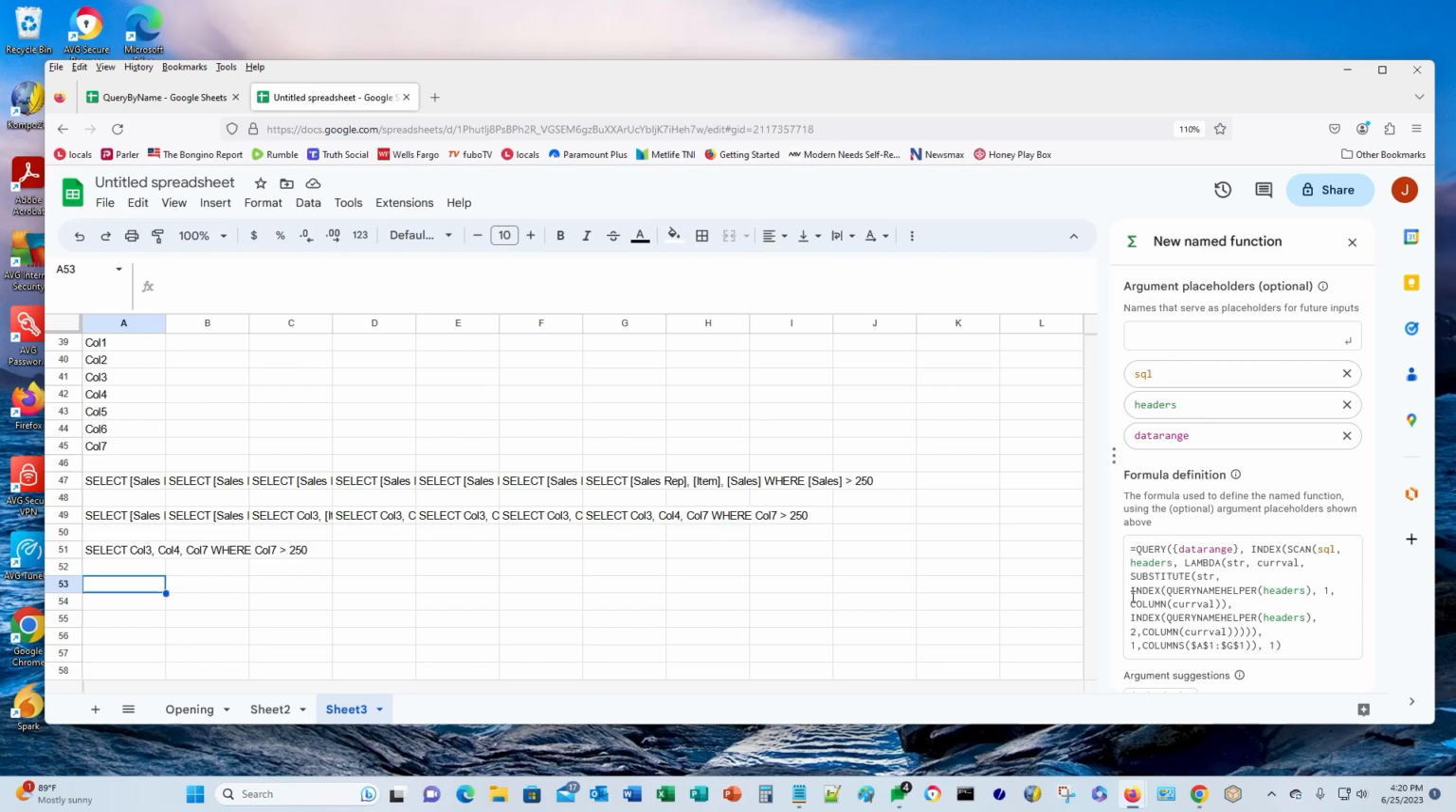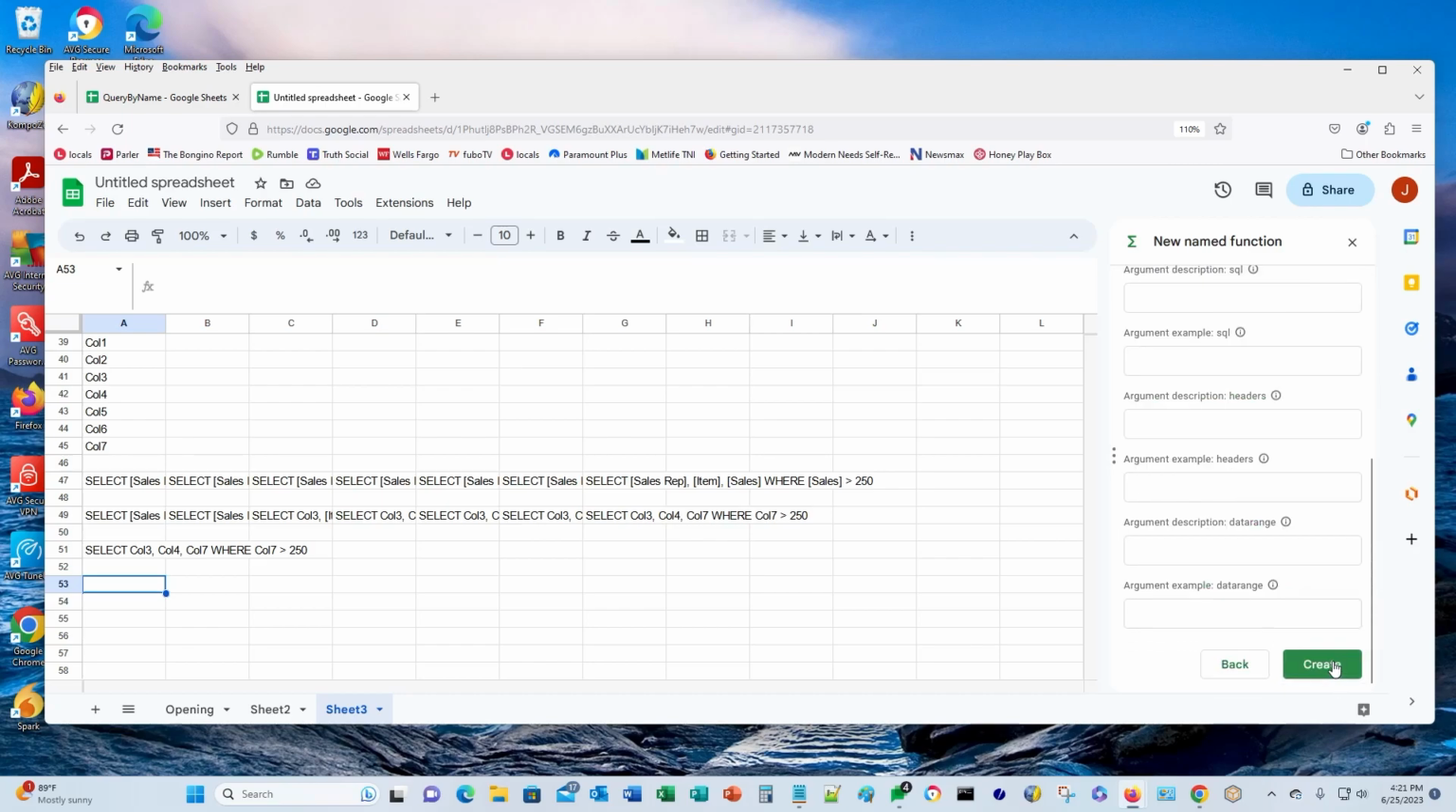I think one more and we're done. It'll let us know if we made a mistake. But I think we got them all substituted for the variables. We got SQL, headers, and data range, and next. All right, so we put in a description for our